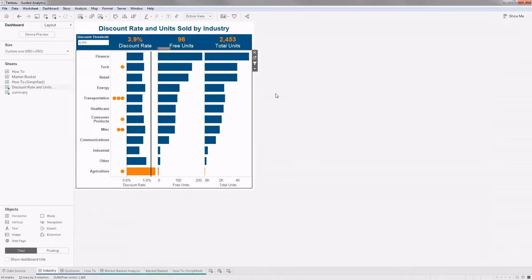And here the visualization is something like this. Our main business will be providing discounts to promote the sales. They'll be giving discounts to all of its different customers in different sectors. Now in this visualization they want to see which of those different industries have been given higher discount rates, or a discount rate above a particular threshold. Here, as you can see, this is like a trade discount.